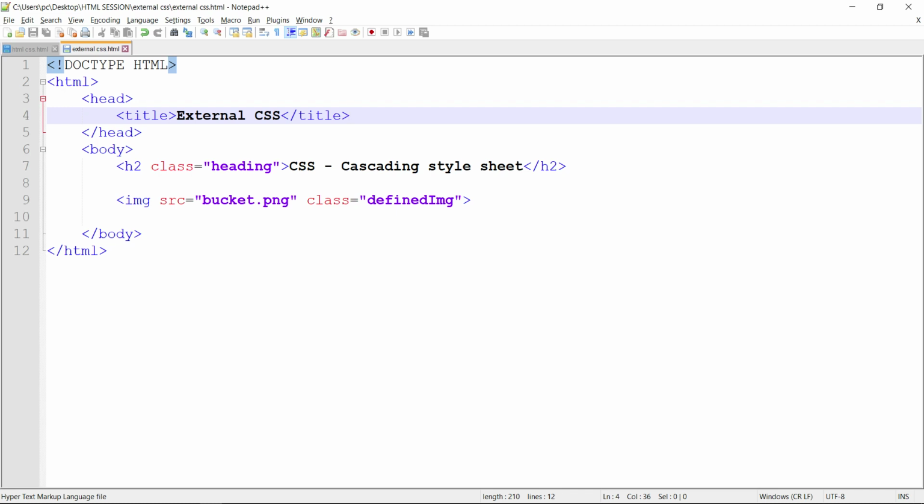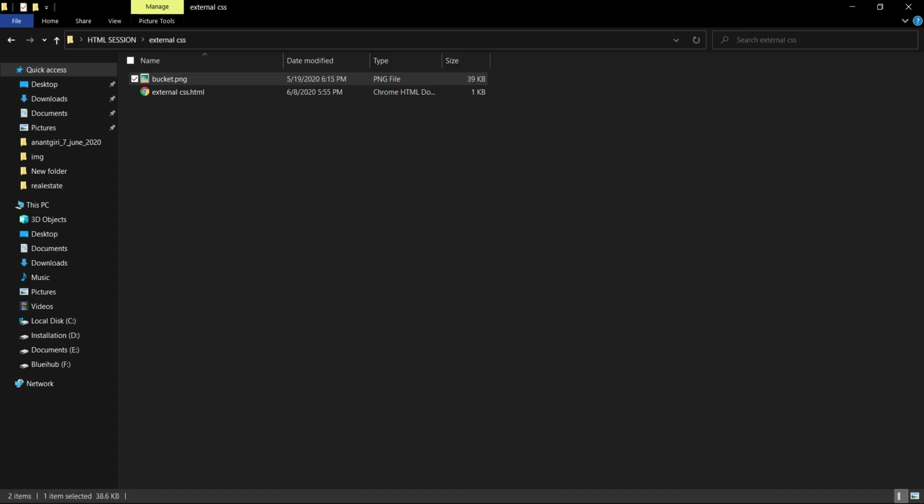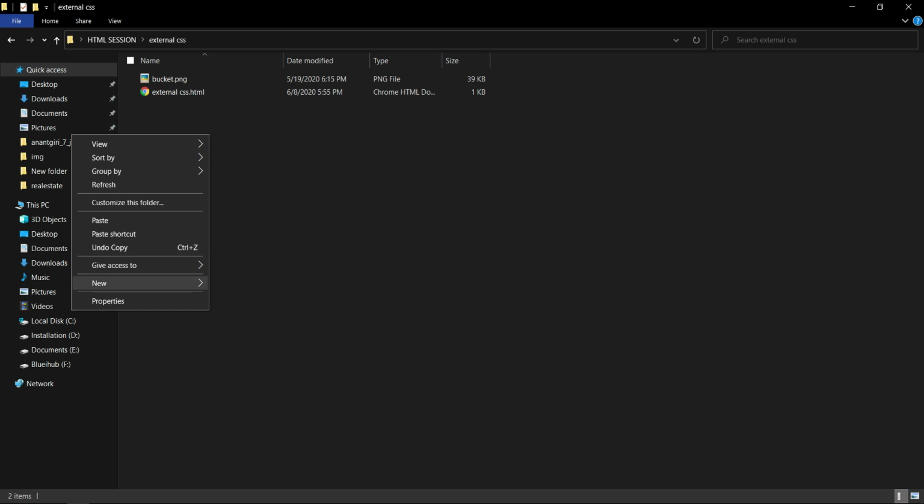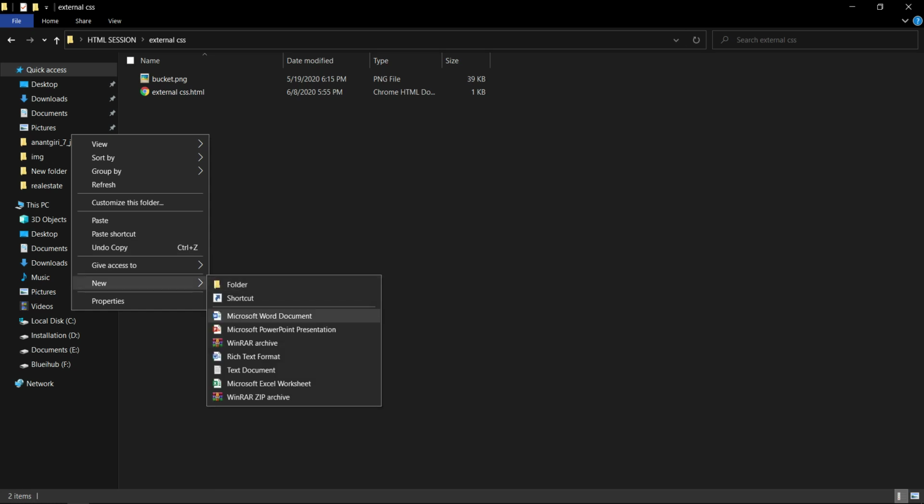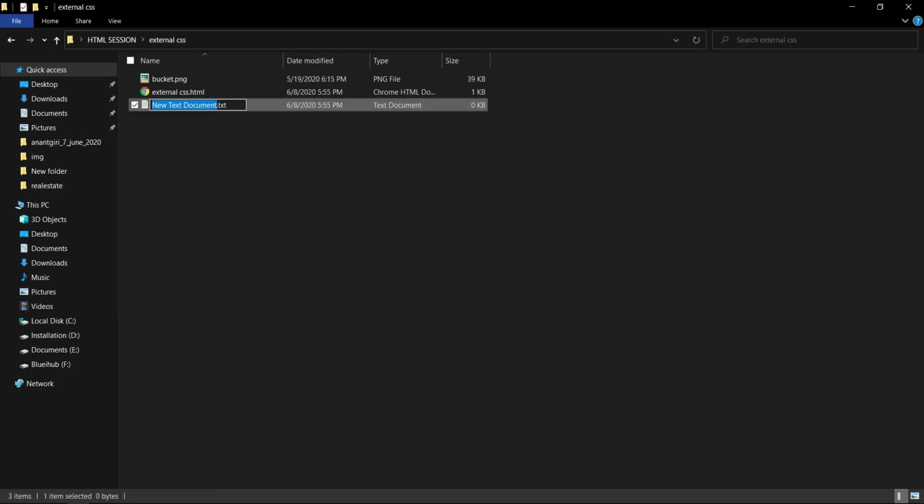So now I have to create a new file here in the same folder, and let me give its name style dot. It is showing txt because I have opened the Notepad file, right? But here I will write the extension as .css.